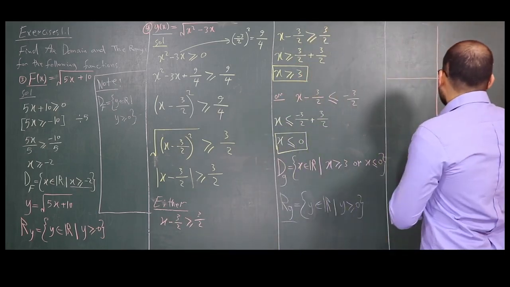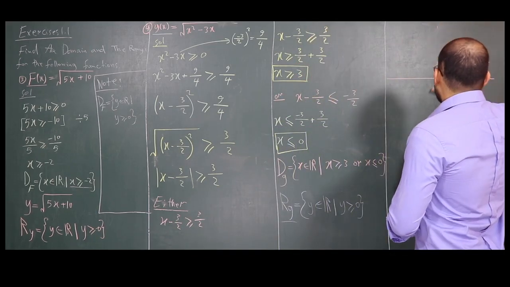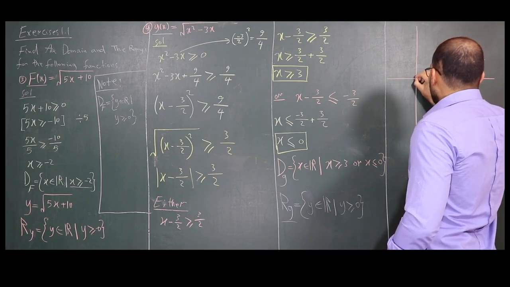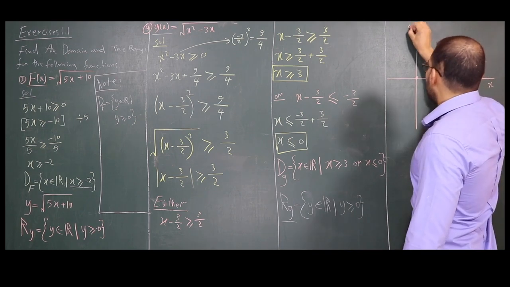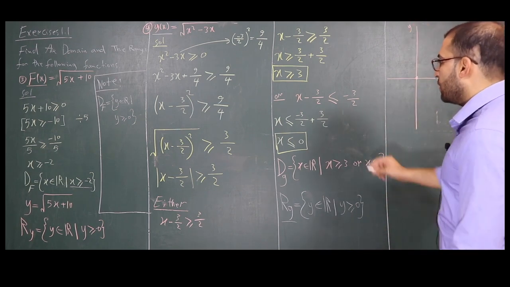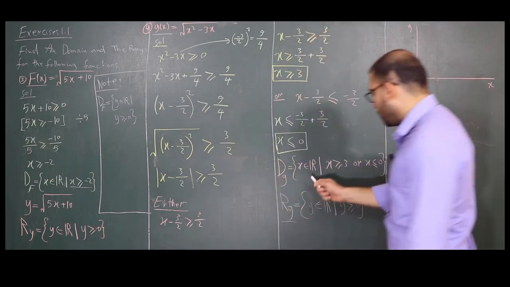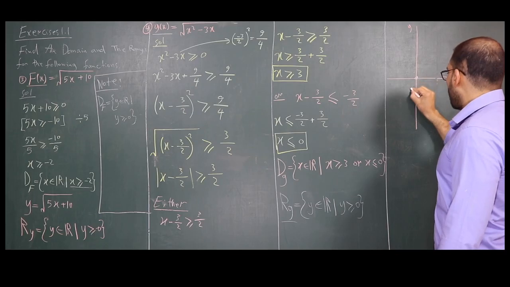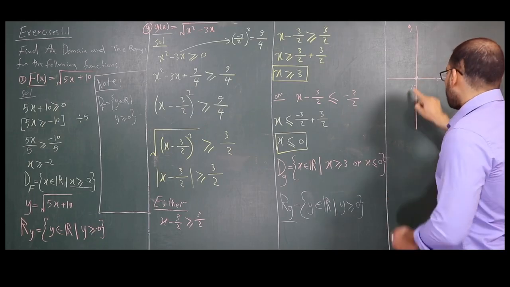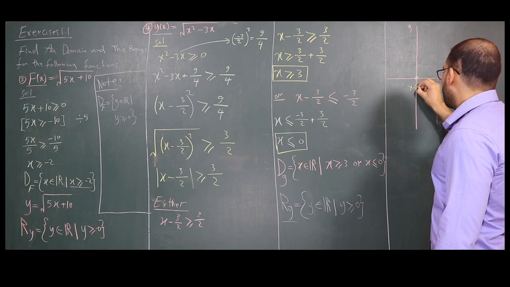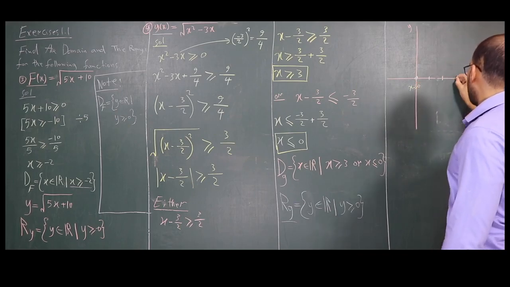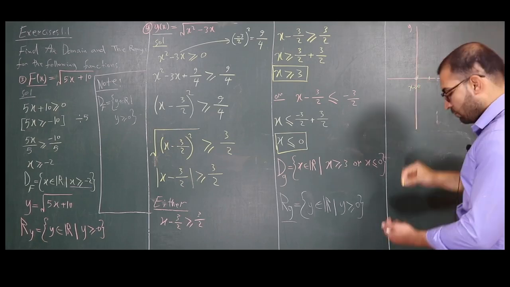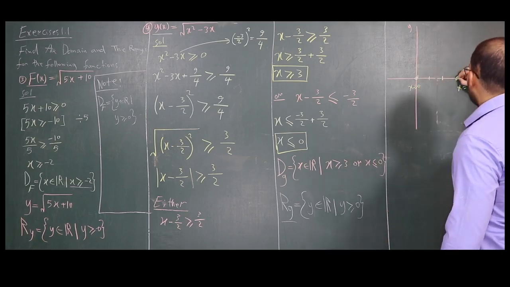I have 0 here. Let me change it, make it easier. I'm going to write, this is the origin, this is x, and this is y, and the domain of the function will be, this is 0, x equals 0 here, and this is 1, 2, 3, and this is x equals 3. The graph will be such that,